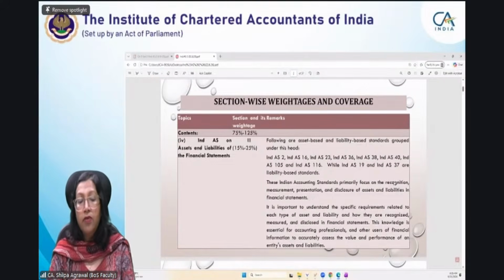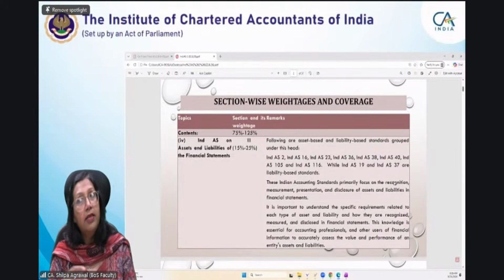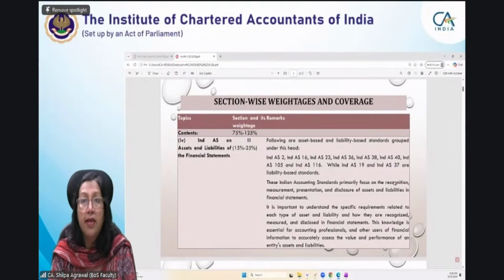So we were talking about the relevance of this standard. This standard is important from your examination perspective. Whenever a question comes from this standard, it is almost 5 to 6 marks in the descriptive portion and 2 to 4 marks in your MCQs. Definitely not in every examination will you find a question on Ind AS 2, but alternately, or after 2 examinations, for sure Ind AS 2 questions appear. That's what the trend analysis of past examinations showed. I will also tell you what kind of questions have appeared in past examinations as I proceed further.